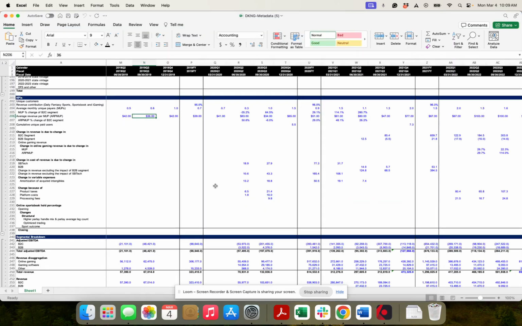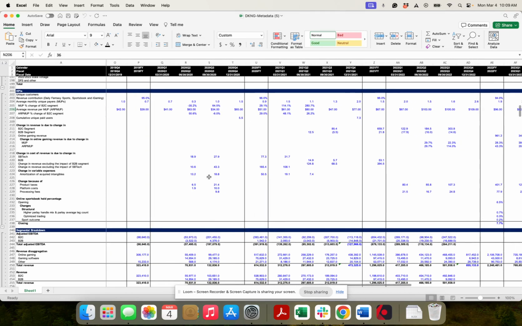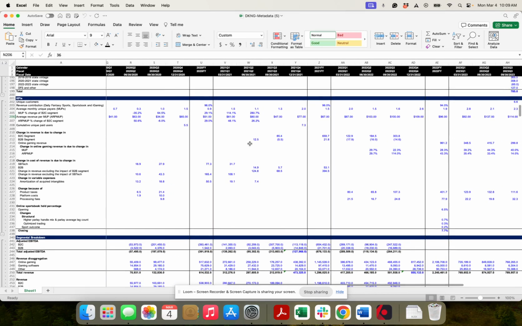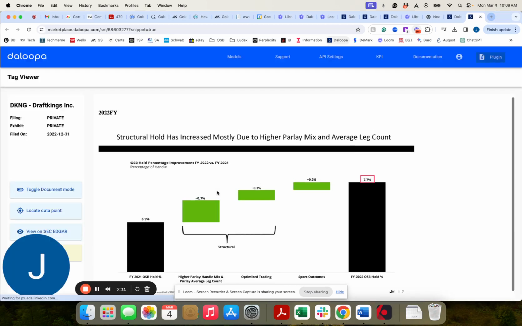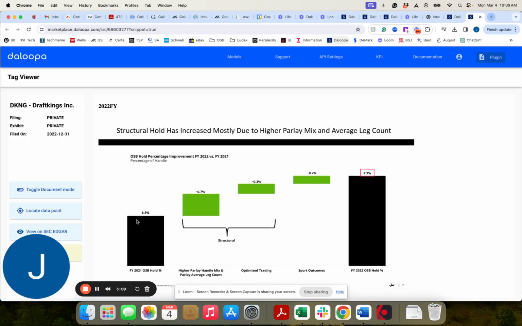If I go back to the data sheet, I can look at any other KPI that they have. And if I click on any of the numbers, so let's pick a number here. The hold percentage in 2022 was 7.7%. I click on that number, and it shows the progression from the 6.5% hold, and hold is just what they make in profit versus what they take in and handle, or the dollar value of the bets.